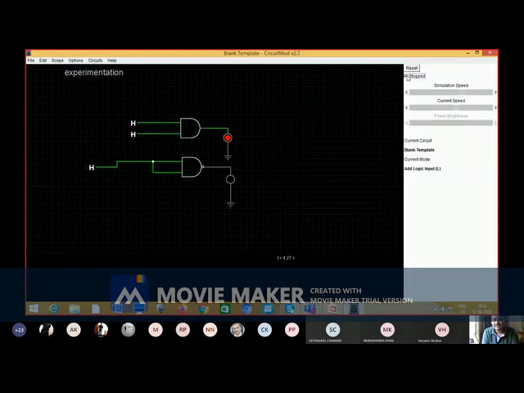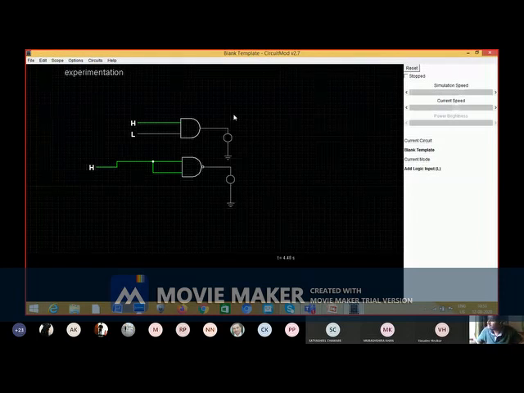So you can say this. So now my first AND gate inputs are 1, 1. So therefore output is 1. And this is my NOT gate. Even though this is NAND gate, but I shorted input, so it becomes NOT gate. You can see if input is low, output is high. High input, output low. If this is low, this is 1, output becomes 0. So this way you can perform all digital electronics experiments with the help of circuit mod simulator.